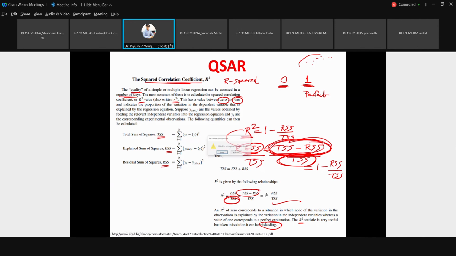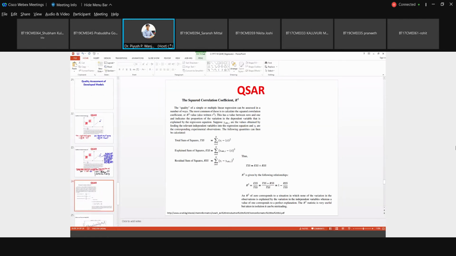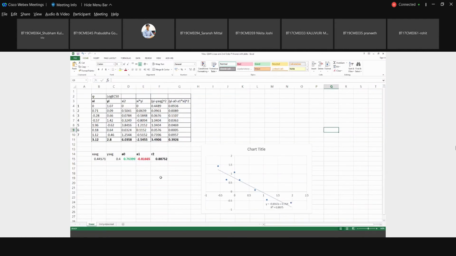I will show you the example on the Excel sheet. Suppose there is a linear fit, and you can also do a second order polynomial fit, and then you want to compare which model fits your data in a better way.